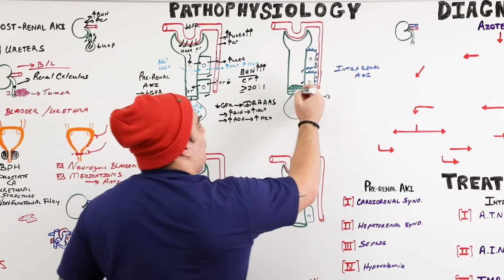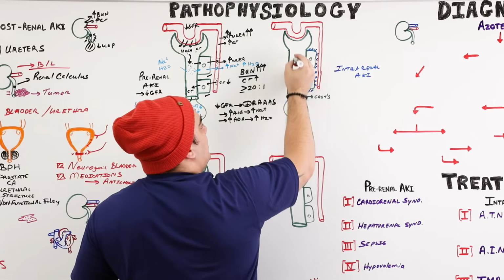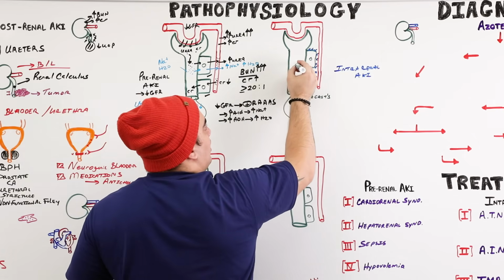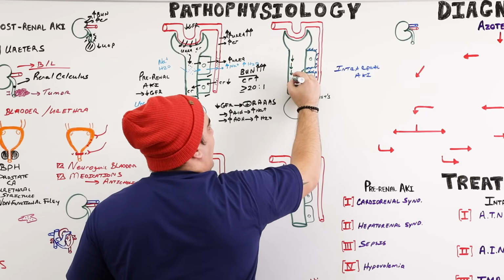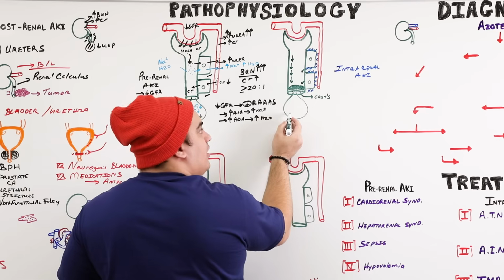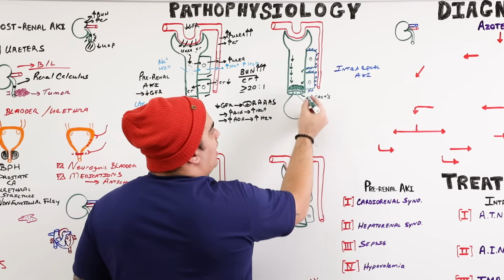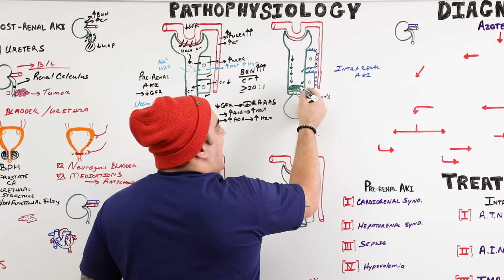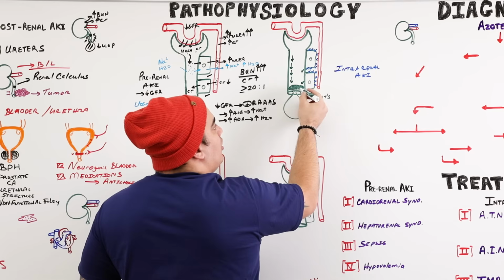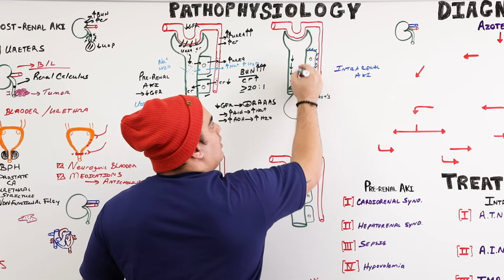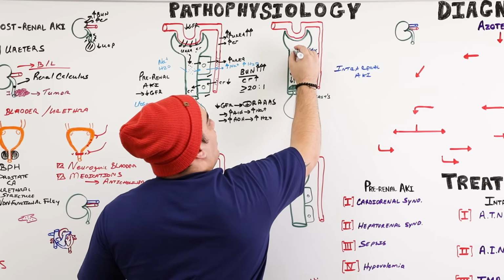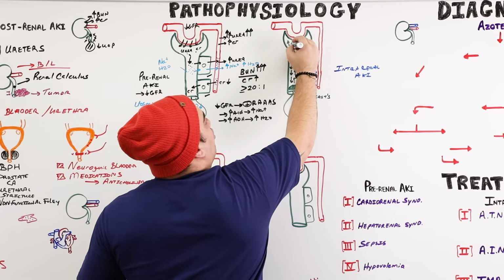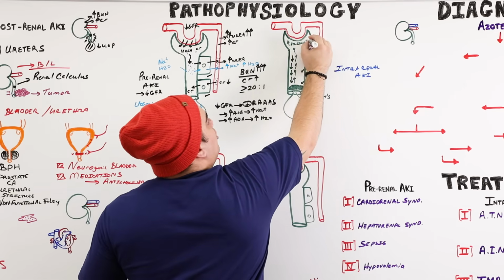Now these casts, what do they start doing? If you had something that's supposed to filter across here, and fluid that's supposed to move down, imagine filtrate should move down and eventually end up through all the kidney tubules and into the urine. Imagine you have a blockage. All of these casts are blocking up a part of the tubule. What happens to the back pressure now? Well, now the pressure will start rising. It'll increase the pressure within the tubular system.